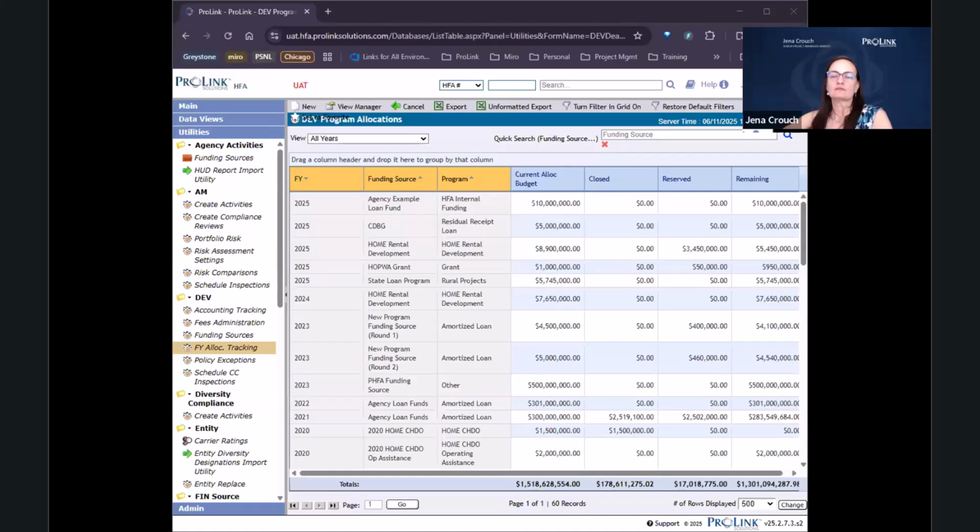Okay, so the funding allocation tracking allows you to look at the funding source for the full year. So let's create that. So right now we've got all of these funding sources, but we do not have the 20. We do have the 2025 home rental development funding source that we created that has the allocated budget of $8.9 million and the total reserved amount of the 3.45 that we saw in that last view